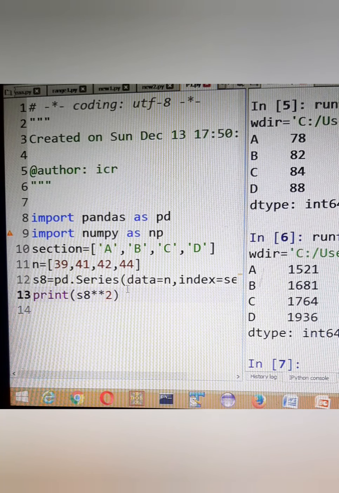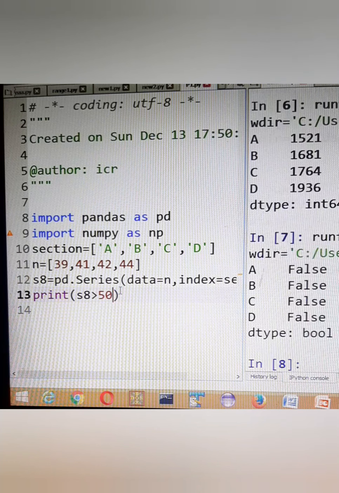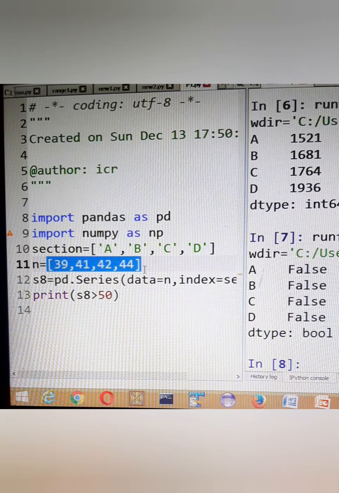So these types of vector operations can automatically happen. And in any case, if we give a logical operator, if I write here S8 greater than 50 and run it with F5, all of them are false, because none of the values that I have given in this series object, 39, 41, 44, are greater than 50.